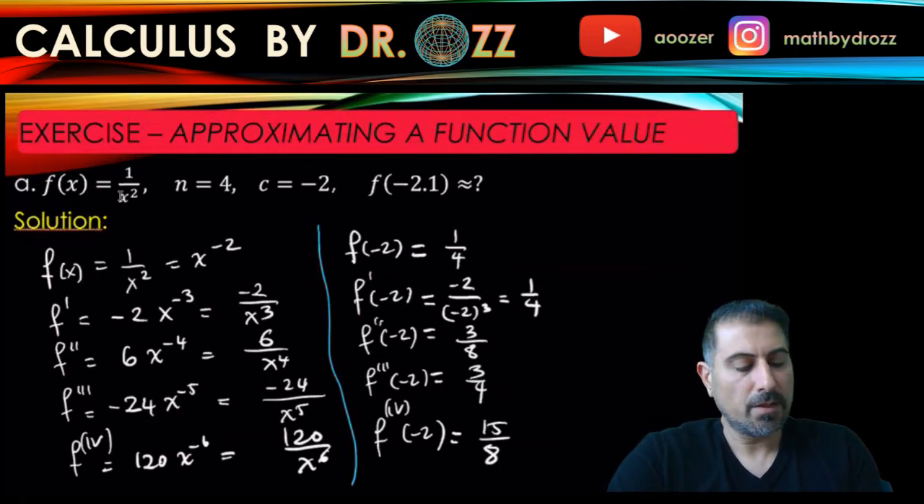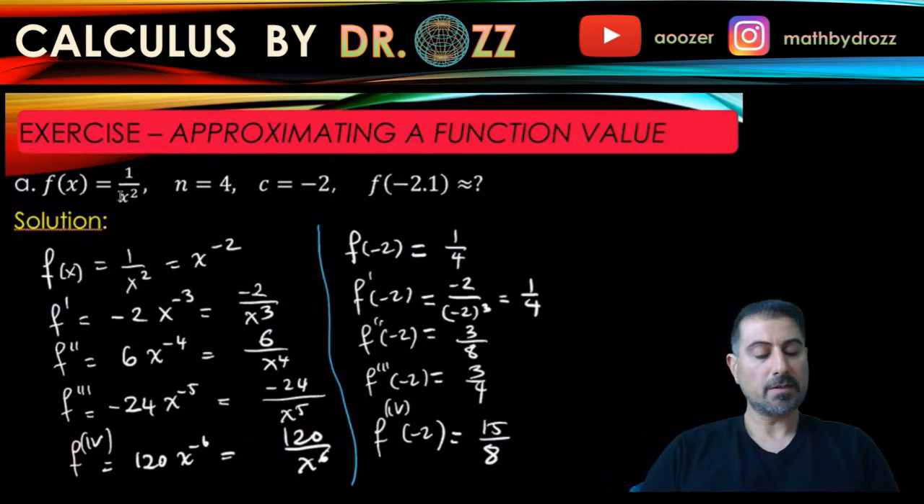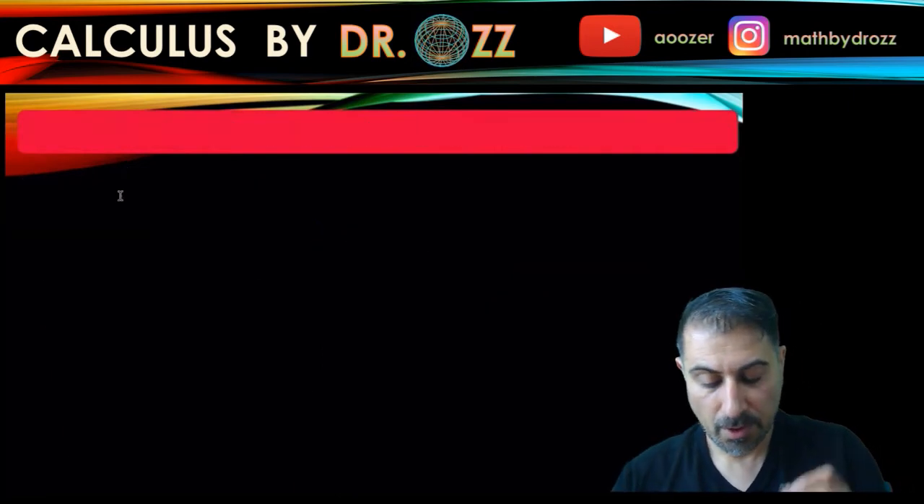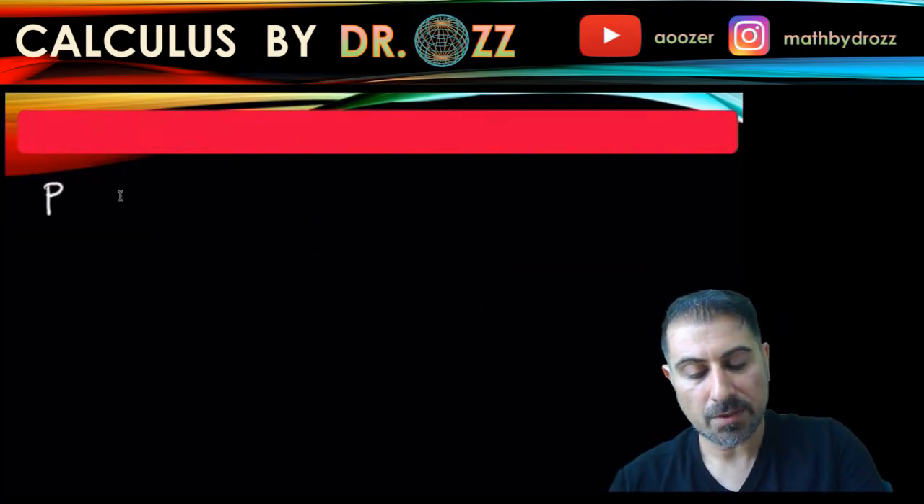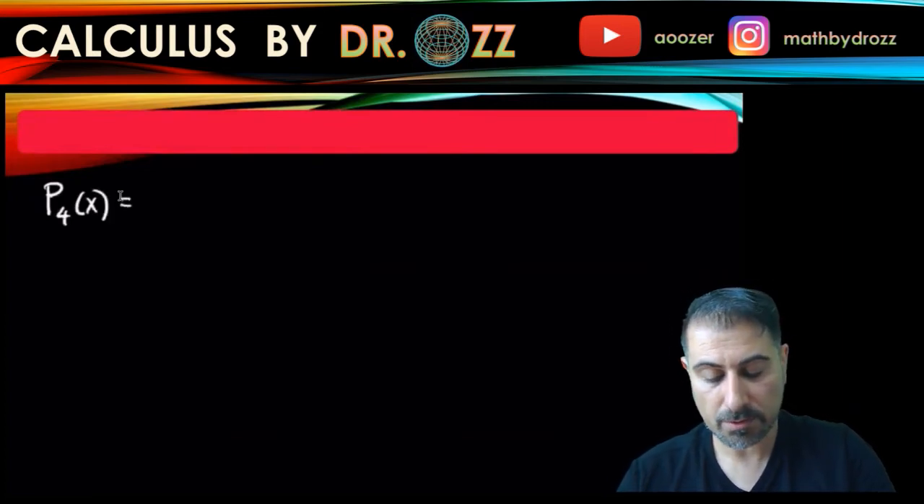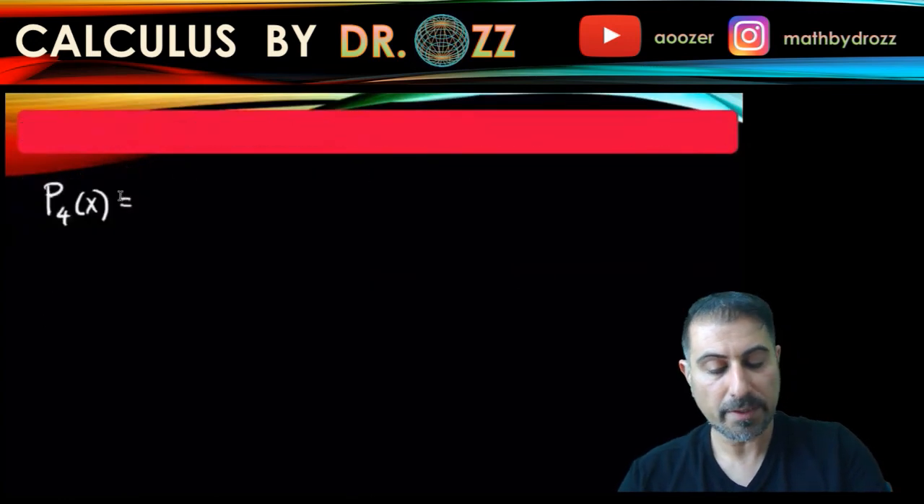All right, these are the other values: f double prime at -2, all the way to the fourth derivative at -2. So now all I'm going to do is write down P4 of x. Okay, so let's just do it. f of, well, let me just write the long expression of that. f of -2